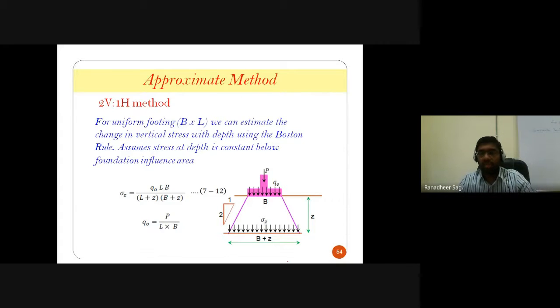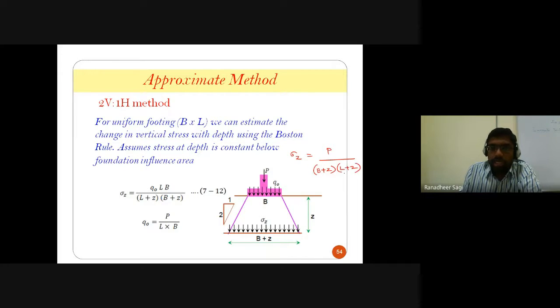The area available for that load coming from the column to be distributed has dimensions B plus Z and L plus Z. So on that much area, your P force is going to be distributed. It means that sigma Z, what we are going to be talking about, is equal to force P over the area over which that force is distributed: B plus Z is the width dimension,